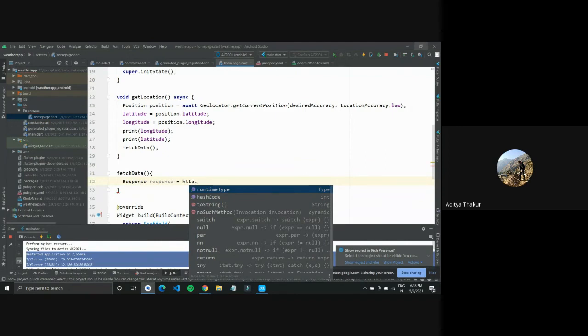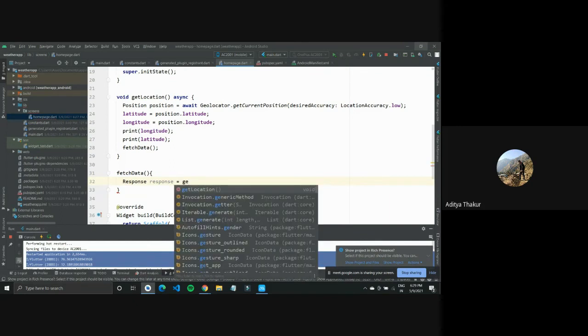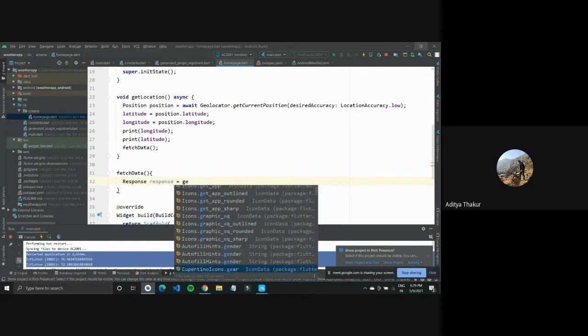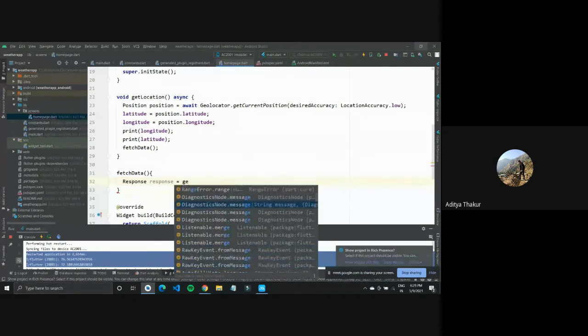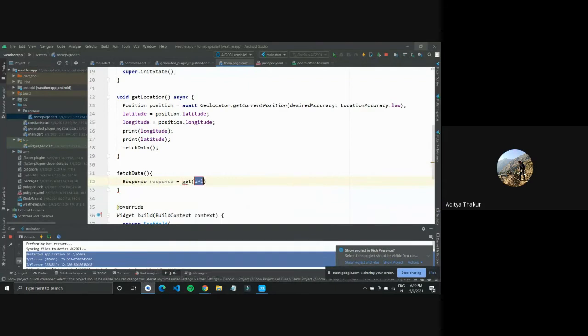One thing that you can do is you can make your imports, as in specify a name for these imports, so that you know what particular package you're working with. So if I go down like this, if I try to get without http, okay, so this is there. This is from the http.dart package, get function, and takes in a URL.